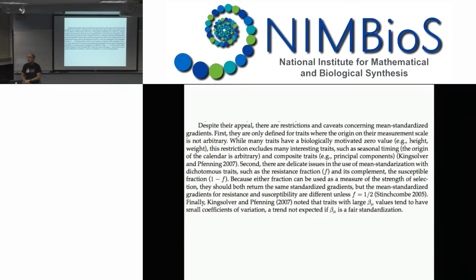And your traits will be a mixture of both. If your traits have some that you can't mean standardize, because there's no natural 0, then you've got to, by default, variance standardize all of them, because if you put them in the regression,